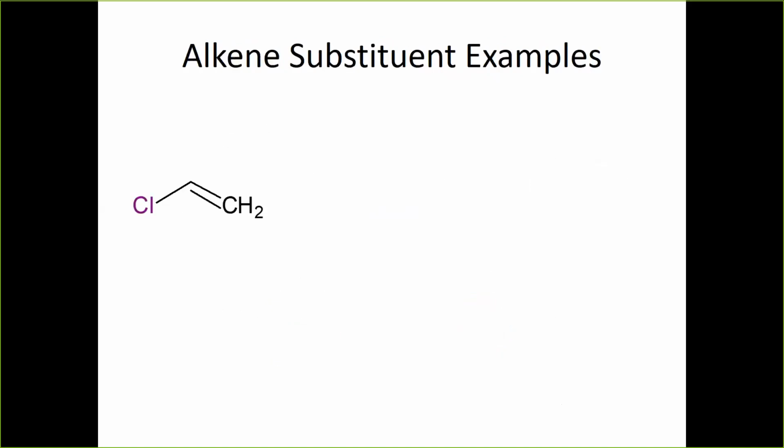All right, so now we're going to do a little bit of practice, and here you've got a chloride on this group. It's a C double bond CH2, and I've already told you we would call that ethylene, or you could call it ethene if you followed IUPAC. But remember, when you're using the alkene as a substituent, the common name for it is actually vinyl. So because you have a vinyl group and a chloride group, when you put these together, you end up with vinyl chloride as the common name of this, with chloroethylene being another potential common name if you named it by the ethylene with the chloride as a substituent.